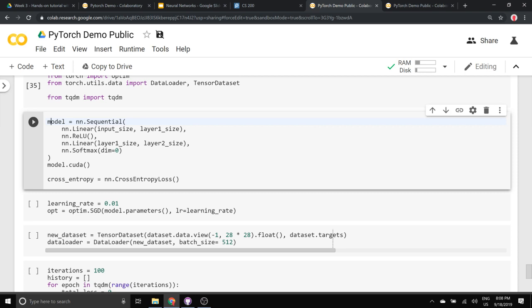And then the second layer would be another linear layer, and we have our dimensions going from our previous layer 1 size to layer 2 size. And then that's the output. And then we take our outputs and put them in a softmax, and we say dimension equals 0 because